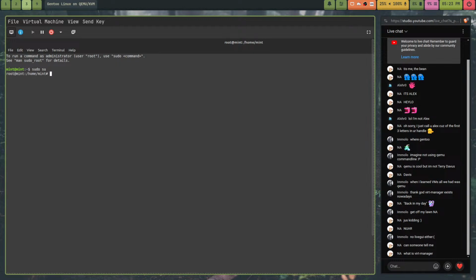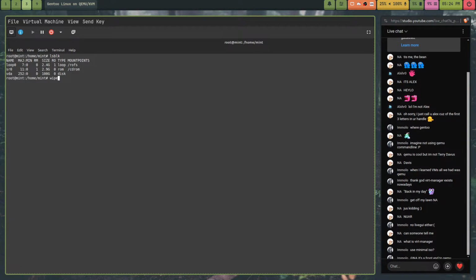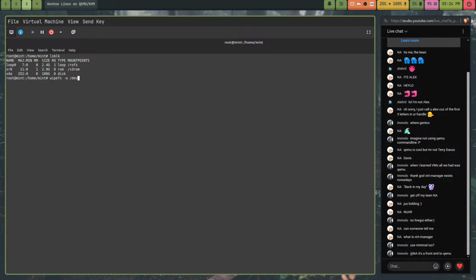Okay, sudo su, lsblk, and we have, okay, which one do I want to use? The 100 gig one, so vda. I don't want to use the minimal ISO. I want to use something with a graphical environment in case I want to use Firefox or something. That's what I like about Gentoo. That's my favorite part so far, is the fact that I can install it from anywhere. Alright, so wipefs -a /dev/vda